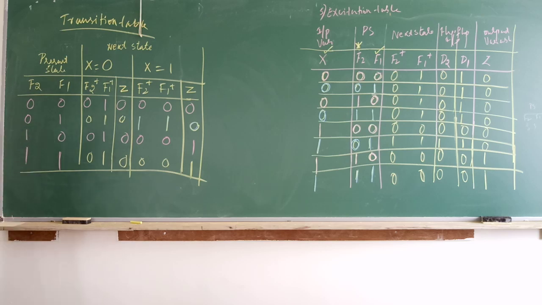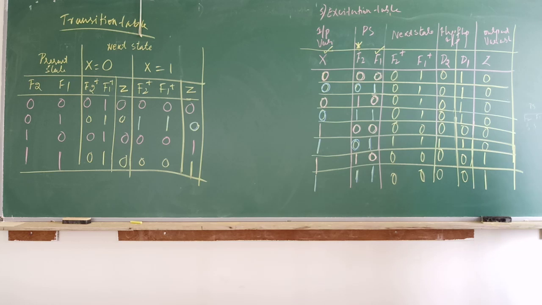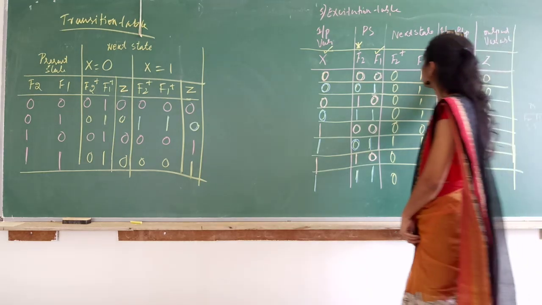From this, now we will write the state table. And I have already told how the transition table and state table are different. Same columns you will have, but for each state we are going to give a variable name, or a name. We are going to name each state using a symbol or a name. That is how the state table is different from the transition table. Okay, so next let us write the state table. I will erase this.